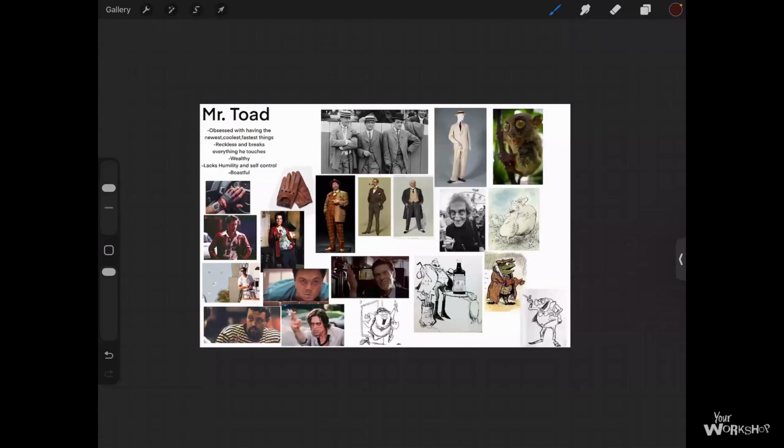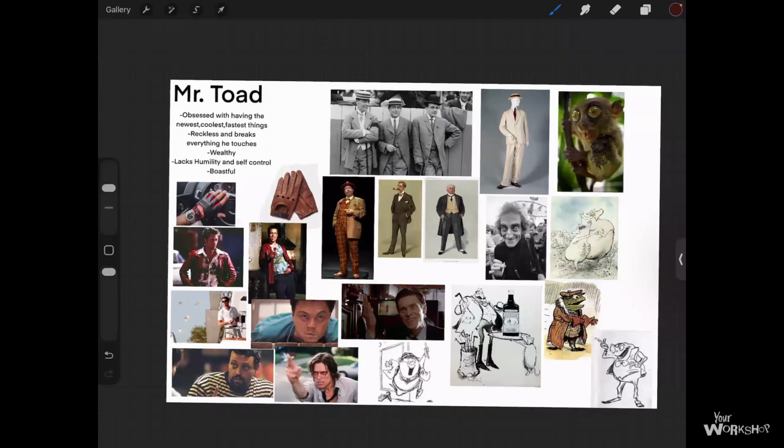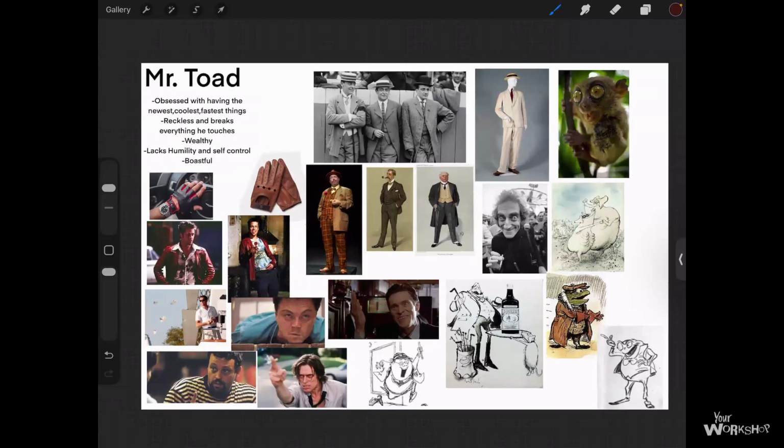So in the book, we read that Mr. Toad is obsessed with having the newest, coolest, fastest things. He's reckless and breaks everything he touches. He's very wealthy. He lacks humility and self-control. He's boastful. So I always list out kind of the important facts about the character, right? What do we know about the character, who he is? And then I start to gather reference that can help me create ideas, right? So some things I think of are like